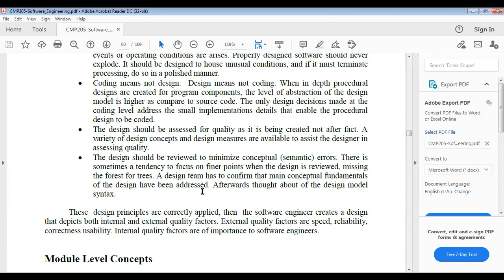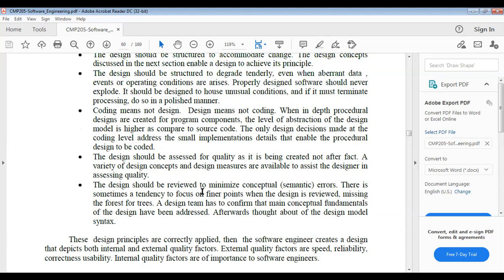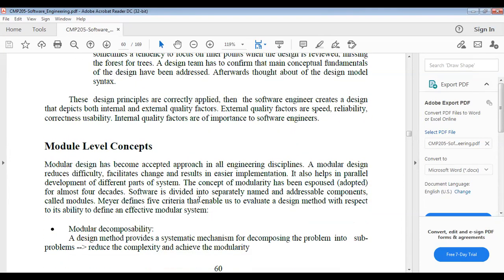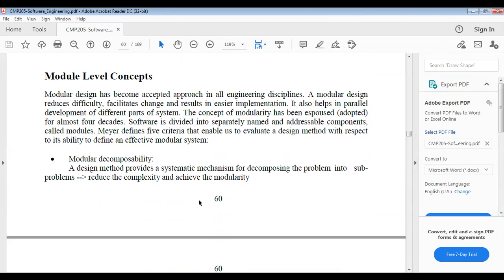Designing should be reviewed to minimize conceptual and semantic errors. There is sometimes a tendency to focus on finer points when the design is reviewed. Next one is module level concepts. Modular design has become an accepted approach in all engineering disciplines.